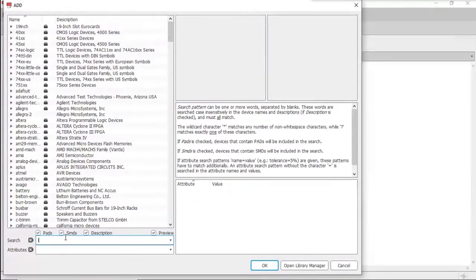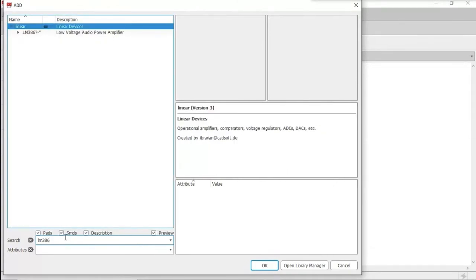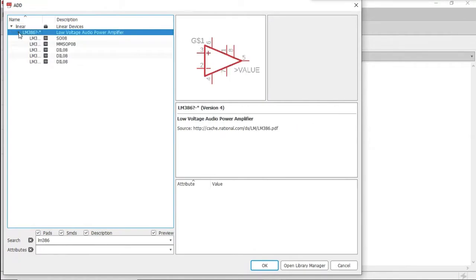Just type LM386 and press enter. After that, it will show various options available for you to select. In this, you have to choose LM386 DIL08, that is the third option.